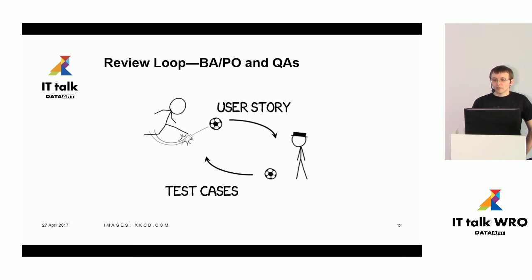The next loop is between the business analyst and the QA team. The business analyst shares the user story understanding with the team on some kind of planning or grooming meeting. Again, depends on methodology. The QA team uses their understanding of user stories to create many different artifacts, but test cases are a valuable part of that. Ideally, again, test cases should be reviewed by business analysts. This happens much more rarely,